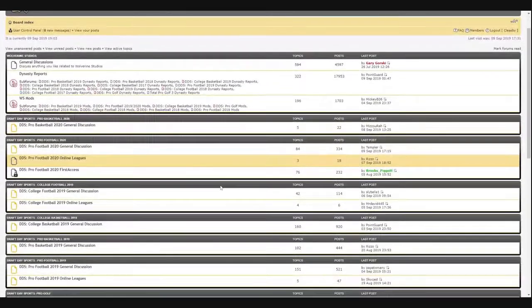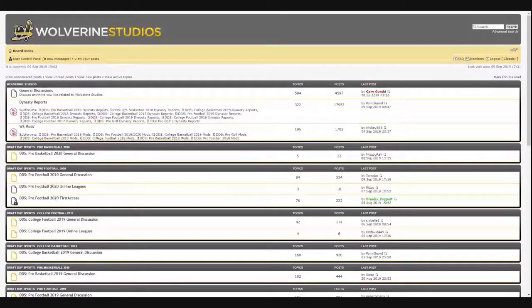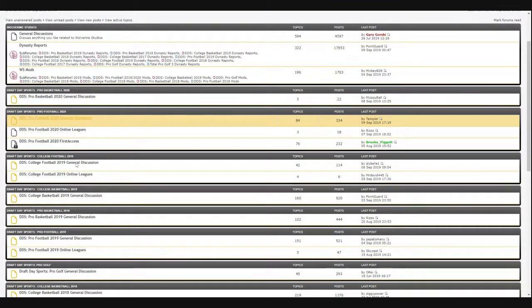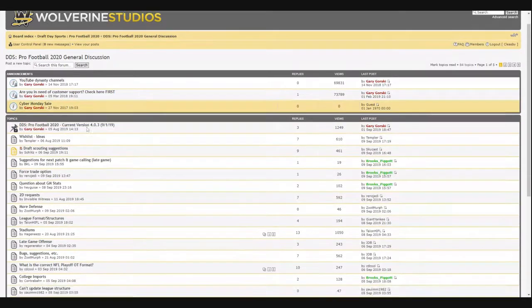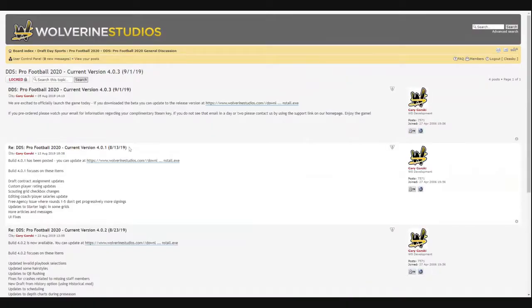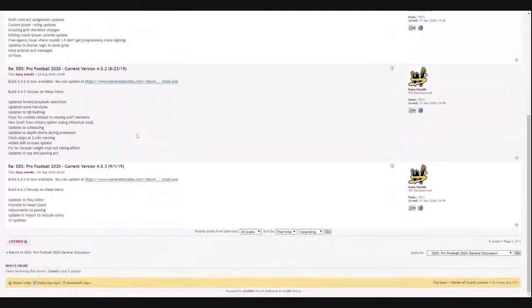So you can see here, this is the Wolverine Studios forum. Very simple, Wolverine Studios /board. And if you go down to the Pro Football 20 general discussion, and that loads up, you can see here at the top there is a pinned icon which is current version. If you click into there, you can very simply scroll down to the correct version, which the latest one at the moment is 4.0.3. And if you click that link, it'll bring up an installer, and you simply just run through the installer, and then you're up to date, and then you are ready to load the league and run some exports. So if we do that now,